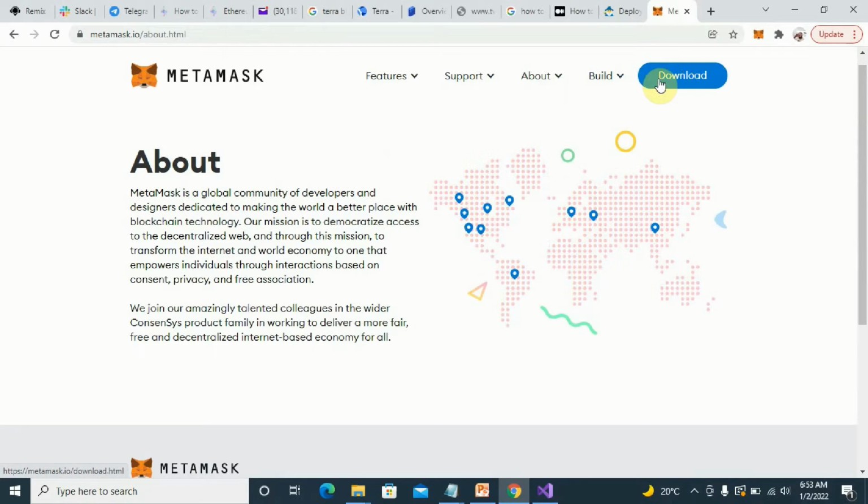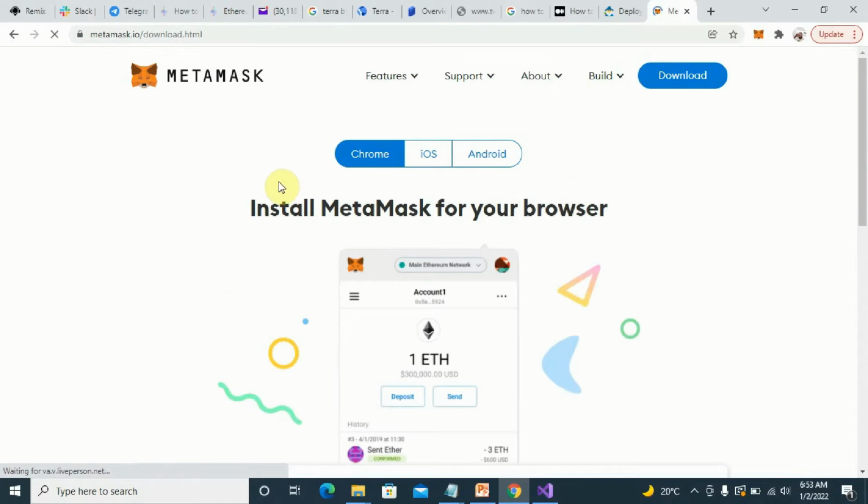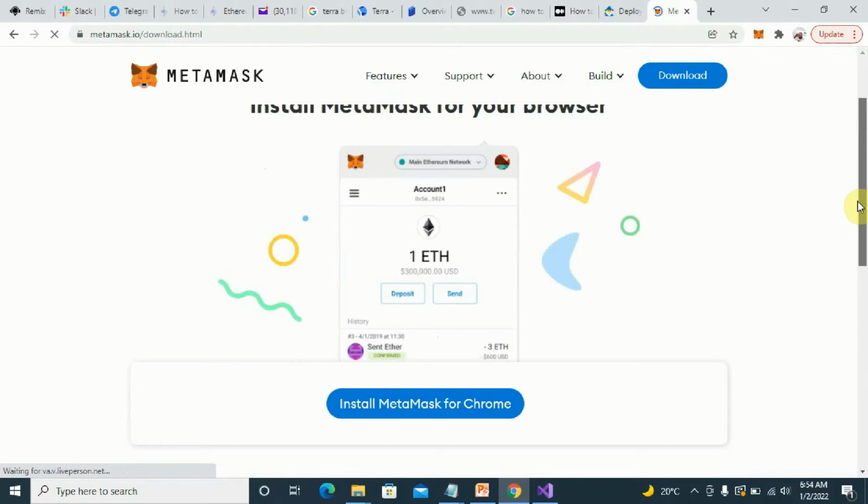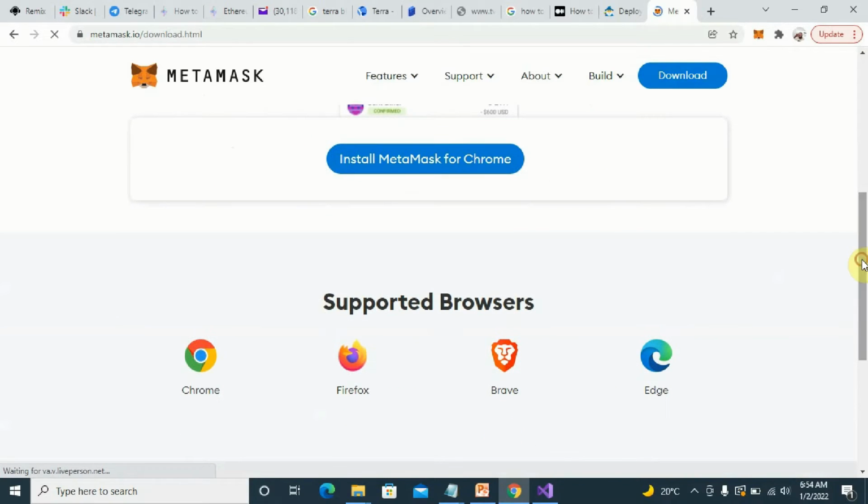So now the idea is you just go right ahead and click on download, and make sure you're using a Chrome browser, Chrome or Firefox or Brave browser. And then the next thing is you're gonna choose your browser. Of course, I'm using Chrome, and so you can see here are the supported browsers, so Brave, Firefox, Chrome, and Edge. So install MetaMask for Chrome. I've done this before because I have MetaMask here. Just want to show you the procedures. So you click on this,